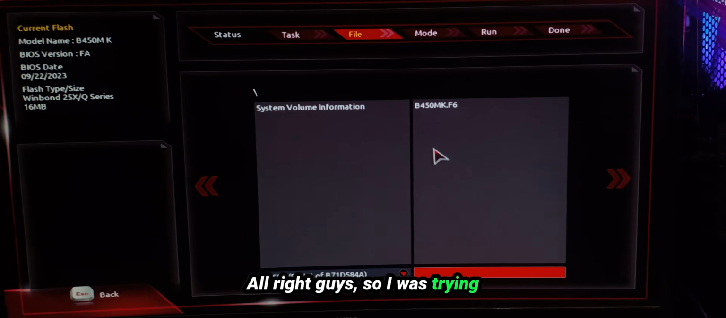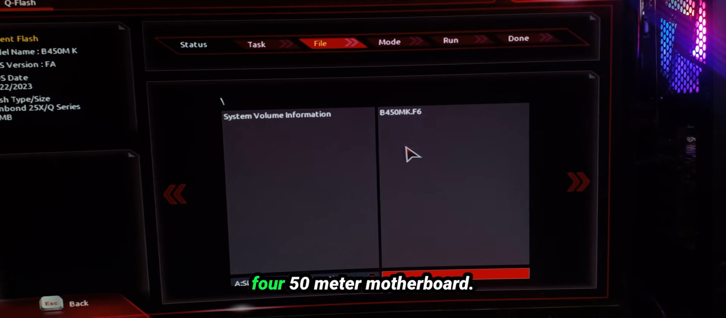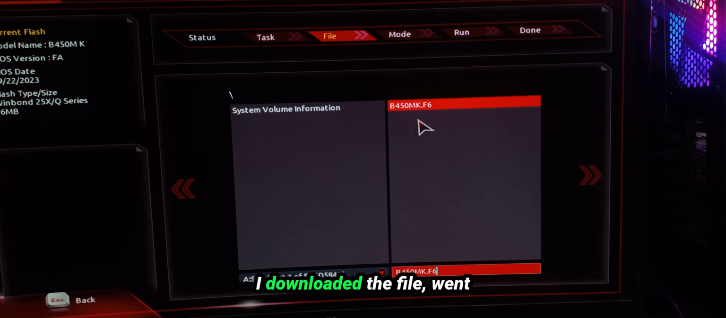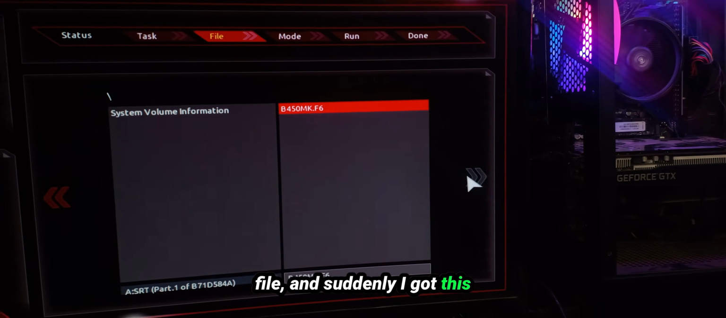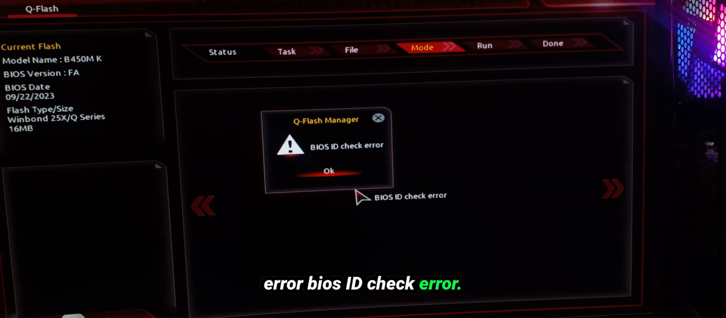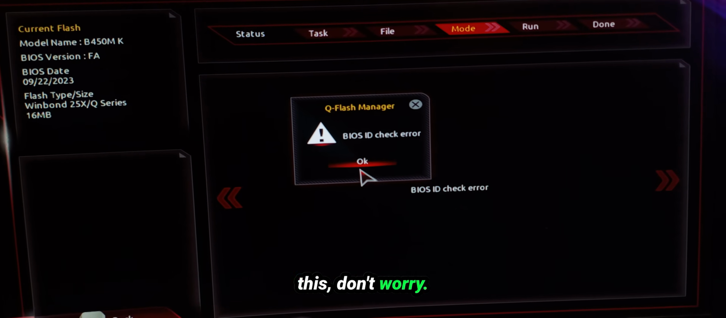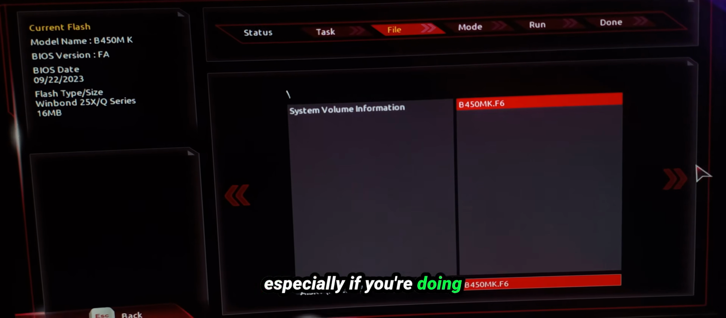Right guys, so I was trying to update my BIOS on my B450 motherboard. I downloaded the file, went into QFlash, selected the file, and suddenly I got this error, BIOS ID check error. Now, if you are seeing this, don't worry, this is very common, especially if you are doing a BIOS update for